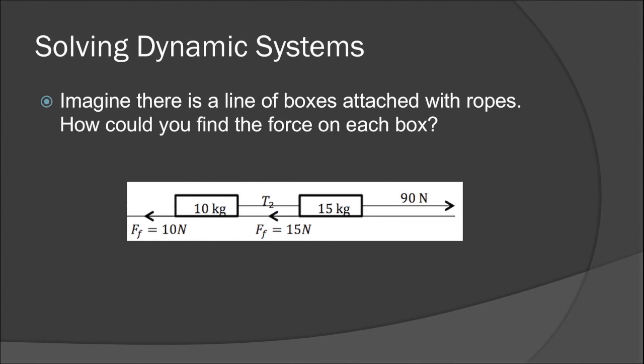The most useful number with dynamic systems is always acceleration. So if you do not know acceleration, trying to find it should be your first step. To find the acceleration, you need to have a system where you know all of the forces acting on that system. So you can do this by choosing a system that ignores unknown forces or fully contains unknown forces so they cancel themselves out. For now, practice choosing systems and knowing which systems are good for what situation. Ideally, you will have at most only one unknown at a time, and our first unknown we want to solve is always